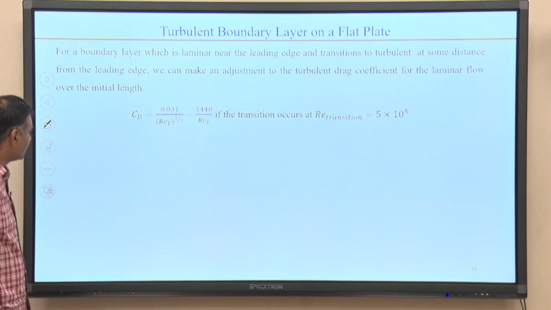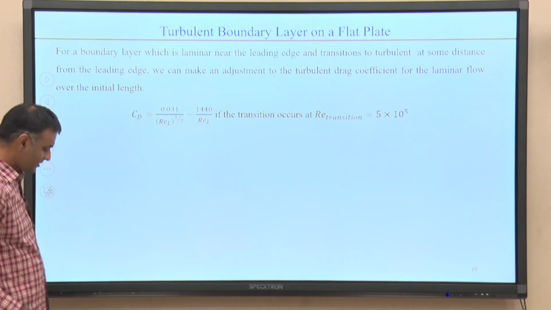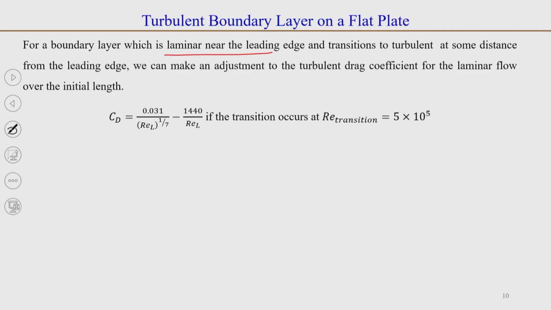So, it has been suggested that if one needs to take into account that the boundary layer is laminar near the leading edge and then transitions to turbulence at some distance, an adjustment can be made in the drag coefficient, and this formula has been given. Now, this is CD is equal to 0.031 divided by REL raised to the power 1 by 7. So, the same formula which we just derived for turbulent flow over a flat plate, minus 1 by 1440